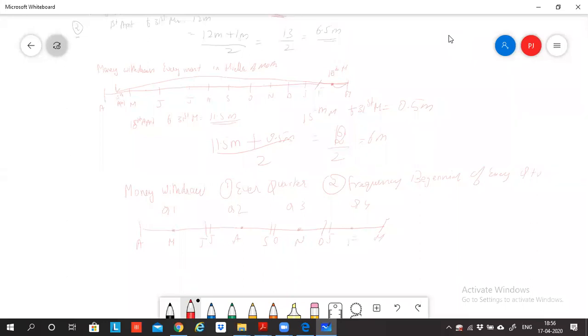So every quarter. Now first condition, every quarter I'm withdrawing the money. If I'm withdrawing the money every quarter, how many times? 4 times. Q1, Q2, Q3 and Q4. So total 4 times this guy will withdraw money. Now please tell me, on which date did he first withdraw money? If I'm withdrawing every quarter and that too at the beginning of the quarter, first withdrawal I'm doing on which date?